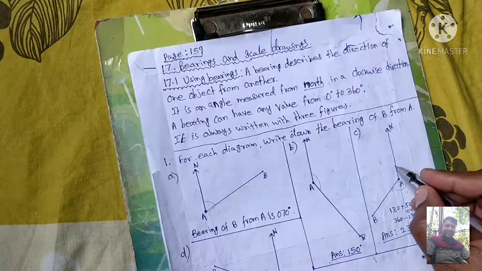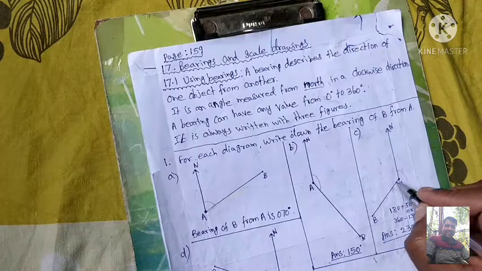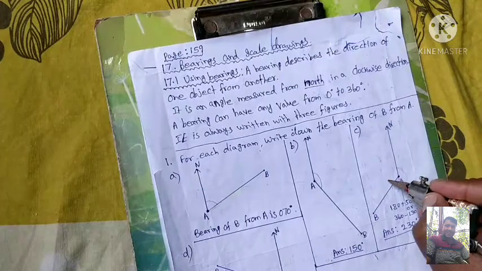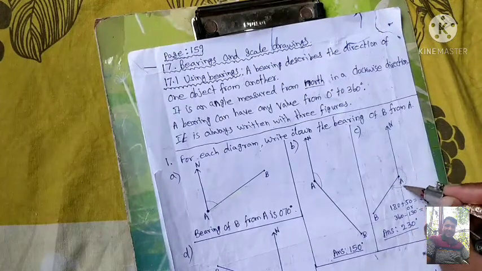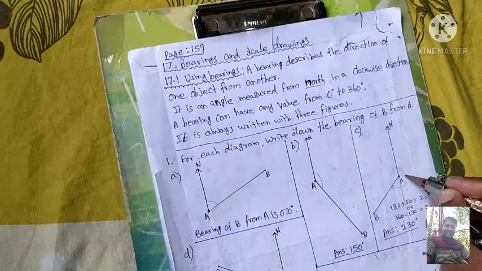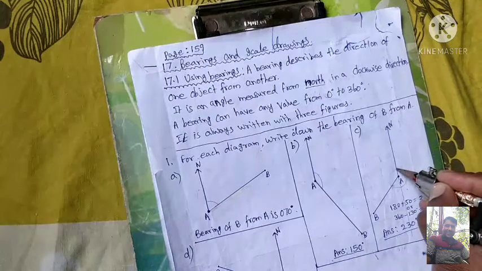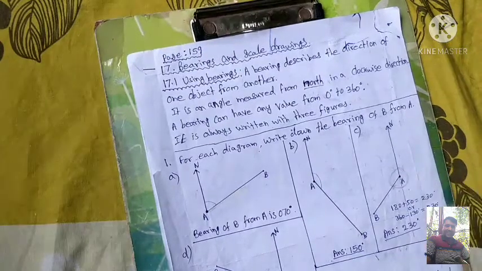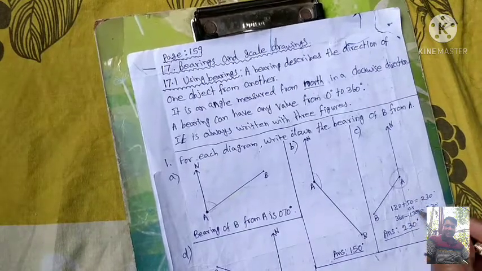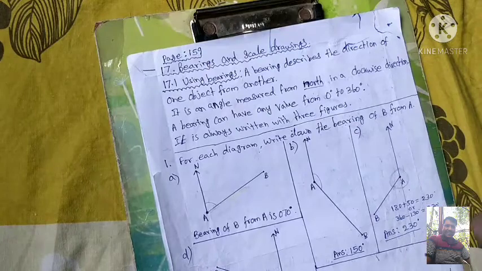So you already know that the total angle surrounding a point is 360 degree. So the complete angle is 360 degree. From this point, the complete angle is 360. So we are going to measure from here to here. Is that right? So if you have this angle, you can subtract from 360, you will get this angle. So if you get this angle, subtract from 360, you will get the answer.